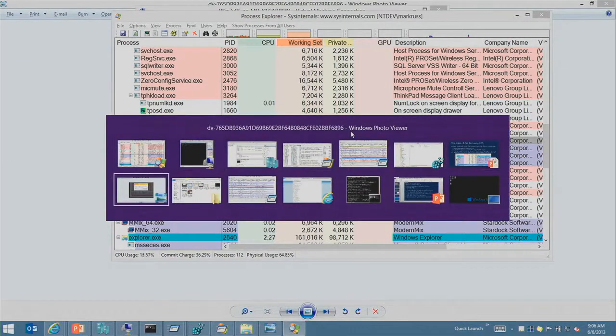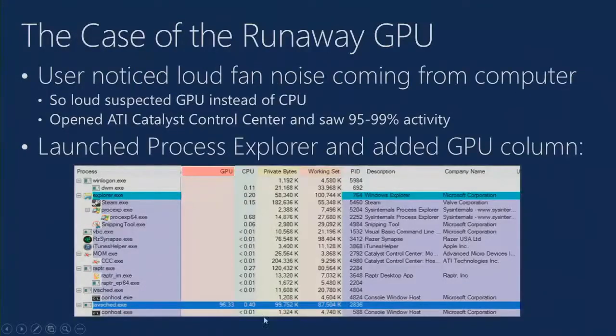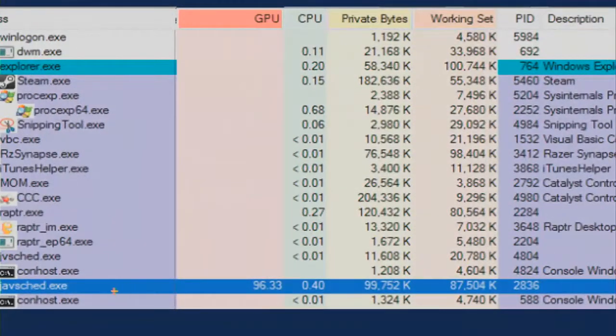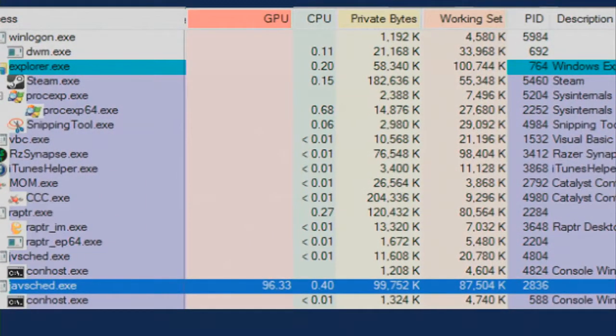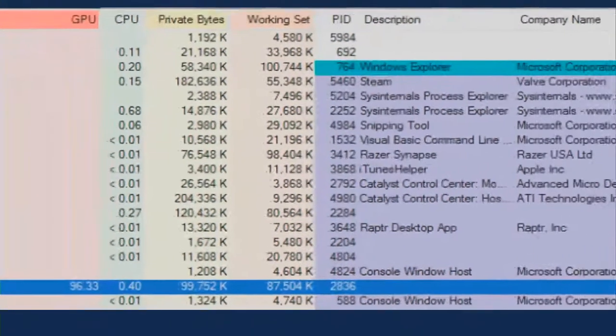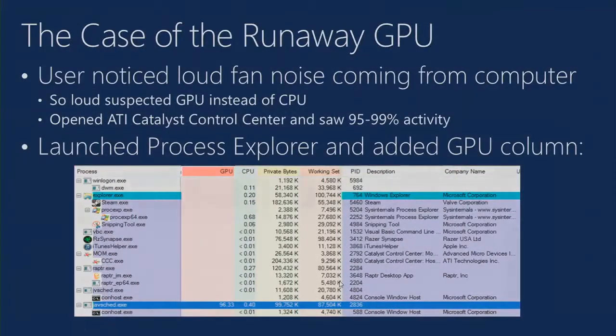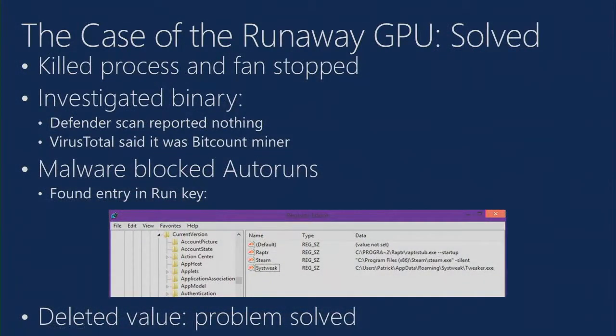And what they noticed when they ran it is that there was a lot of GPU usage down here by this thing called Java avsked.exe. 100% of the GPU, no description, no company name. It looks very suspicious. So they killed the process, the fan stopped. How did the process get launched? So they looked at the binary, they uploaded it to VirusTotal, and